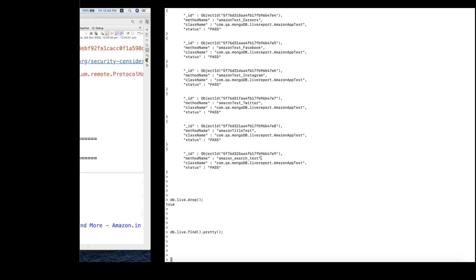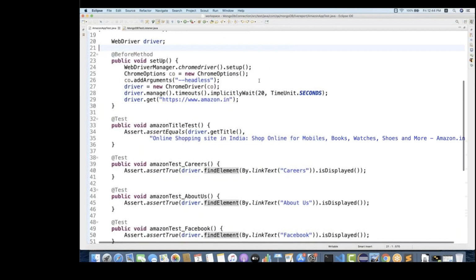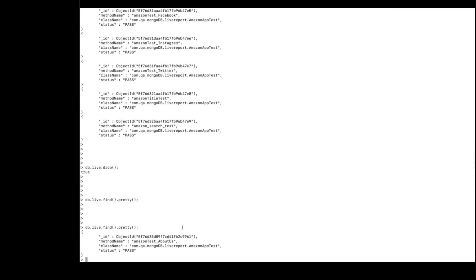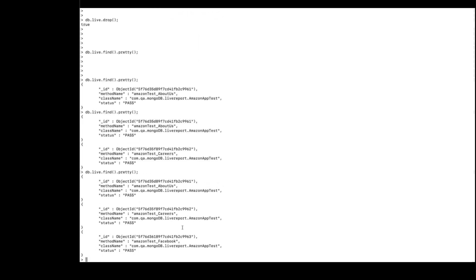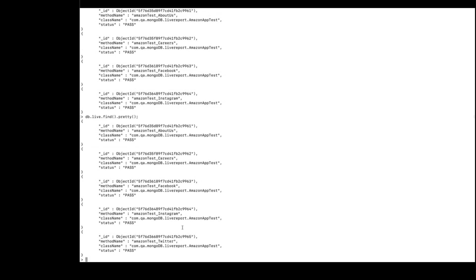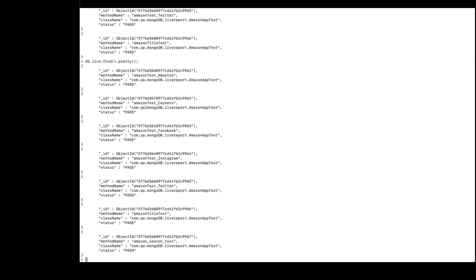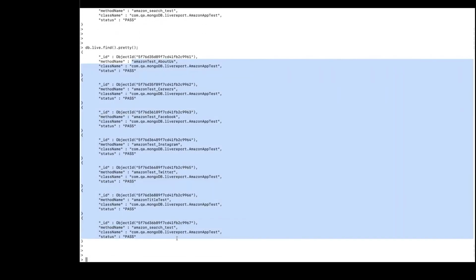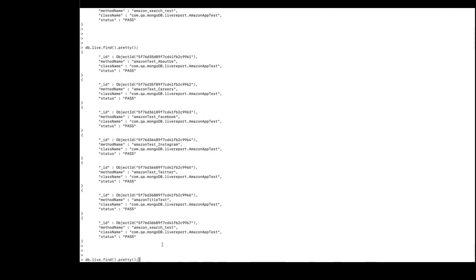So again, I'm going to execute it, right guys? And let's run it again. And we can see the live reporting over here in the console also, if you don't want to create any web UI. See the test number 1, test number 2, test number 3, still test number 3. Now we are getting 4 objects in the JSON. Now 5 objects in the JSON. Now 6 objects in the JSON. Now the 7 objects in the JSON. You can see that all the test cases are absolutely working fine. It means this is a live report. We are seeing that, although these test cases are very quick and fast, right? And if you really want to get the count, you can simply write the find.count method, and you can check.